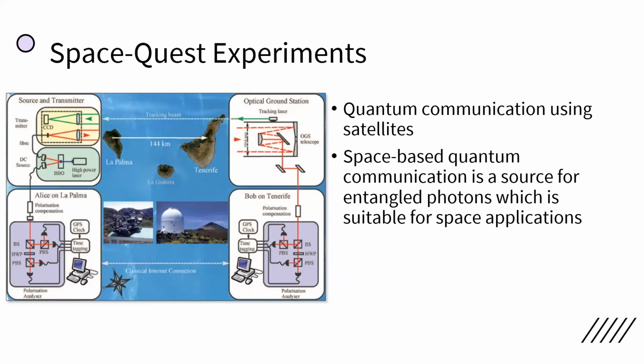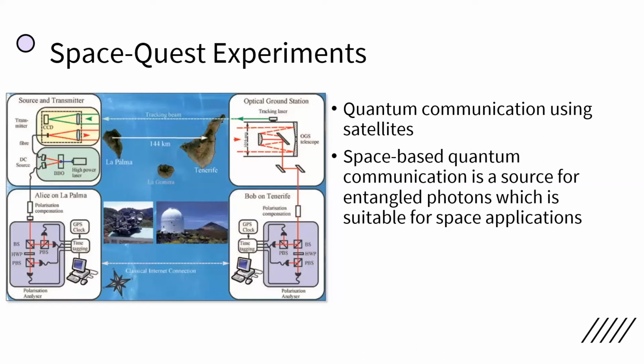single photon downlink from a low Earth orbit satellite. Then a satellite-to-Earth quantum channel downlink is simulated through the reflection of laser pulses off the satellite. What you can tell from these experiments is that space-based quantum communication with a source for entangled photons is